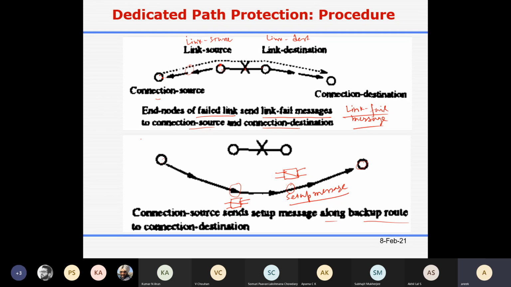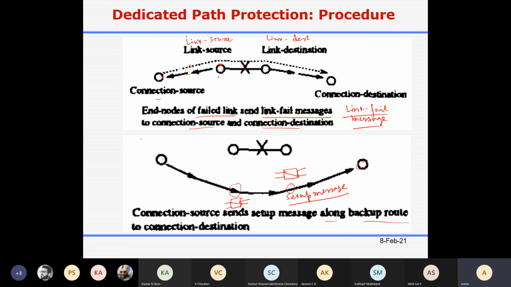Hop is important because in the hop there can be processing delay and queuing delay, so you have to consider that, and anyway the propagation delay will be considered. So the number of hops is important. How many hops are there? That value is n.